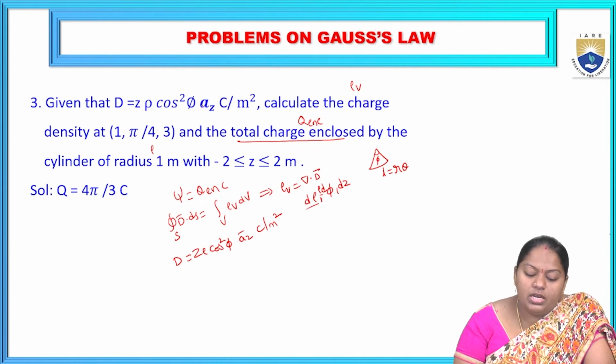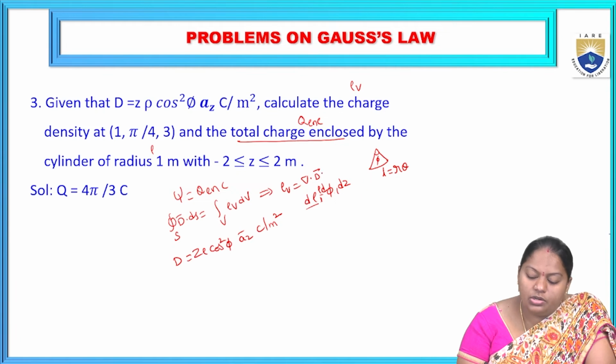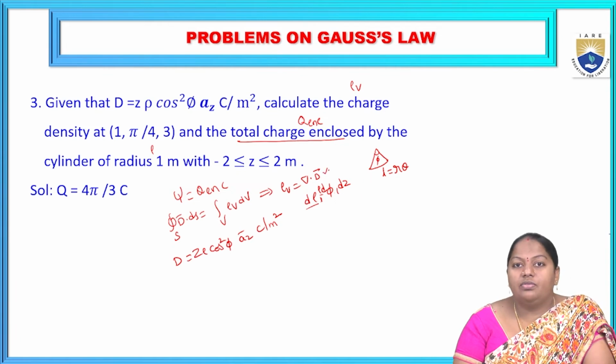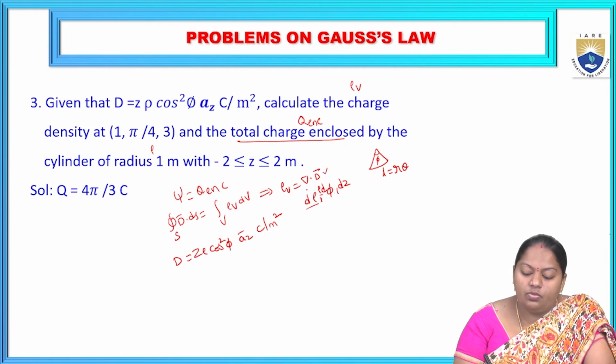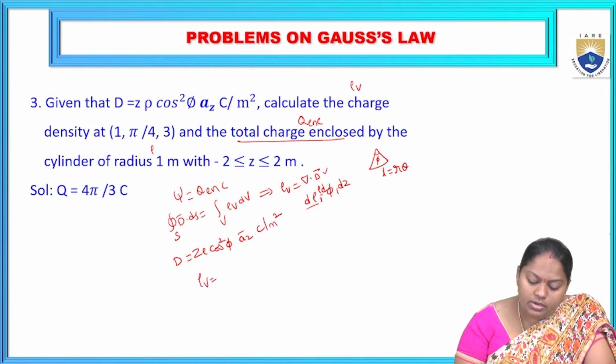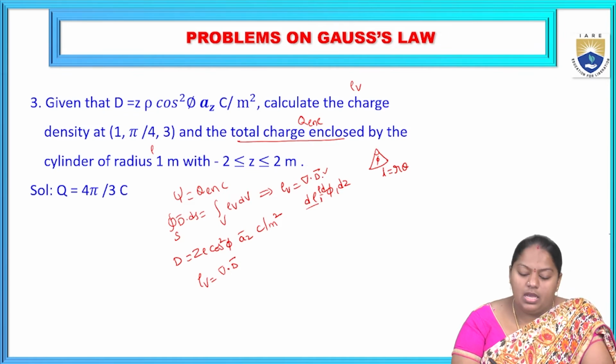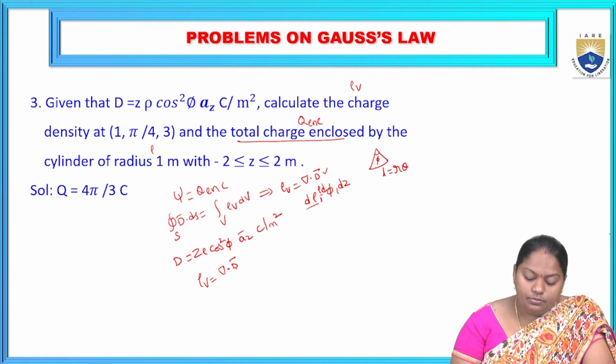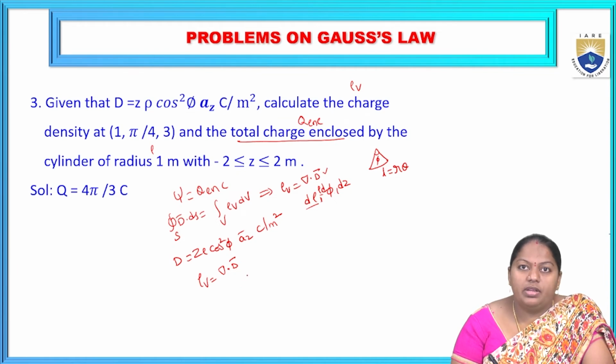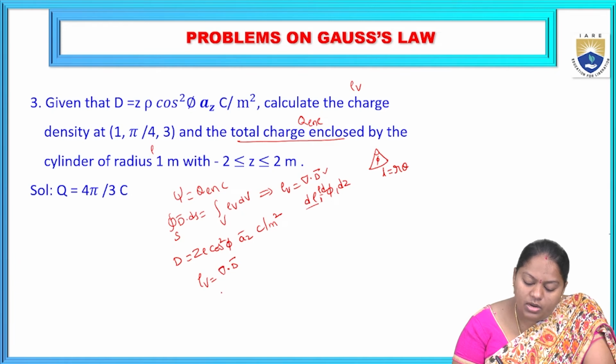So the relation between D and rho v is given, according to the point form or differential form of Gauss law, as rho v = del dot D. So rho v = del dot D. Del dot D stands for, D is a vector, here the divergence of electric flux density. So for the divergence of electric flux density, the formula is given by